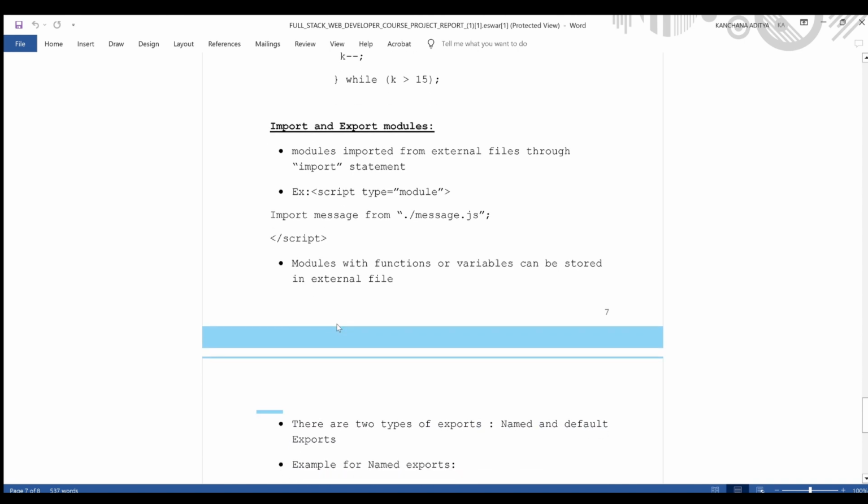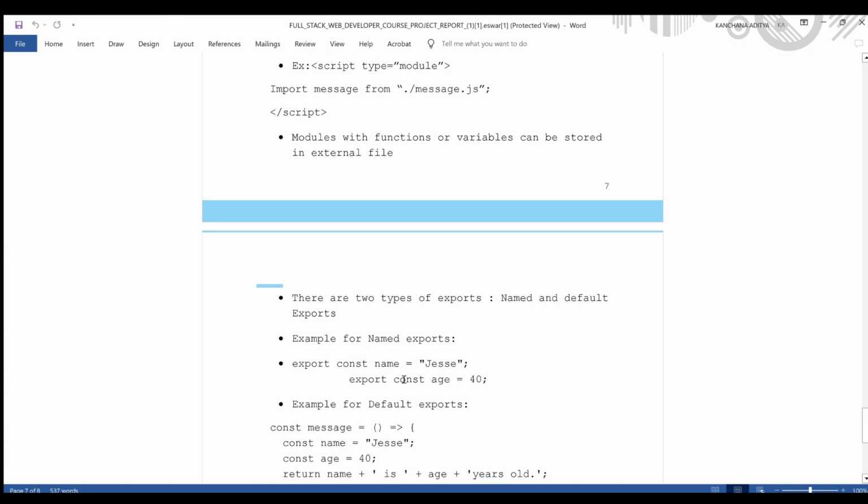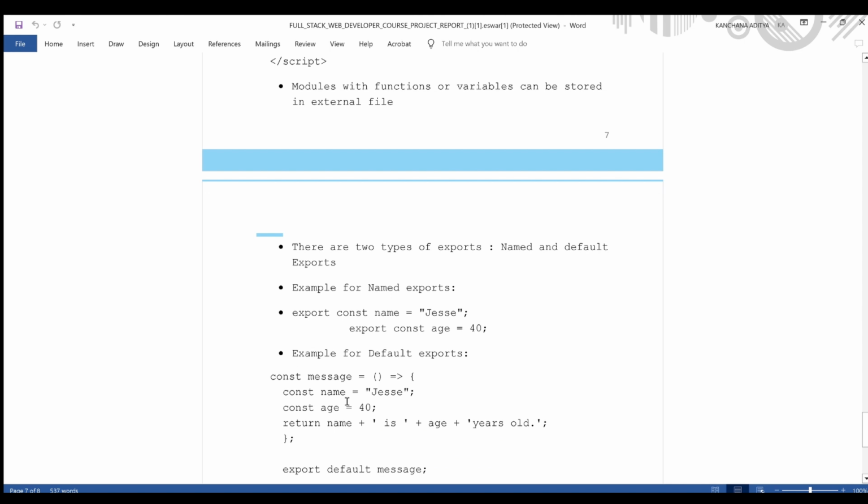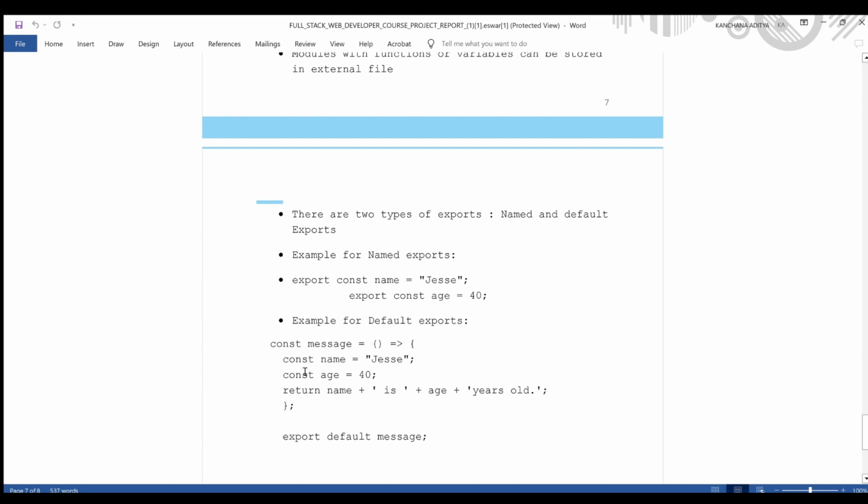There are two types of exports. They are named and default exports. Example for named exports, that is export const name, so that name is constant throughout the code. You can read name of the person and age of the person. And next example for the default exports, and we have written code like this for the default exports, which returns the name and